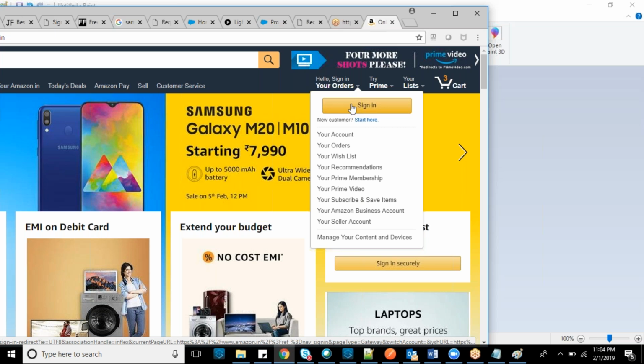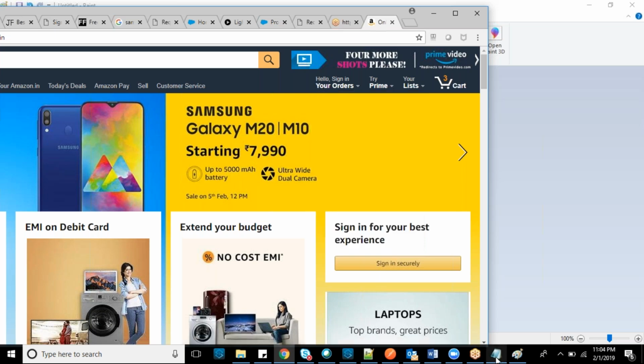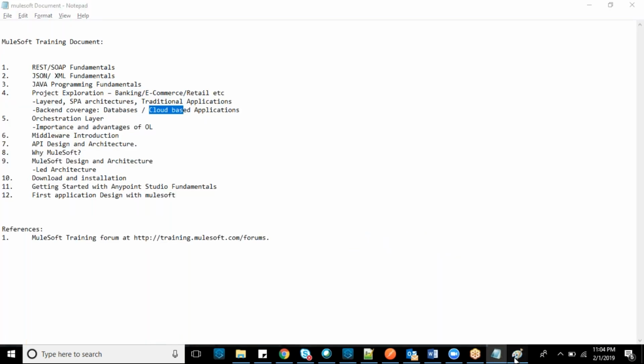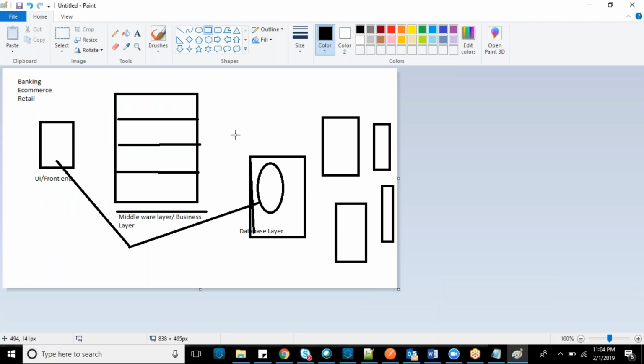The cloud will also have a table structure that holds my data, and that data will be placed in different environments. Because Amazon gets millions of hits per day, the traffic would be too much if they kept it in a single place. So they keep servers in different locations with load balancers.